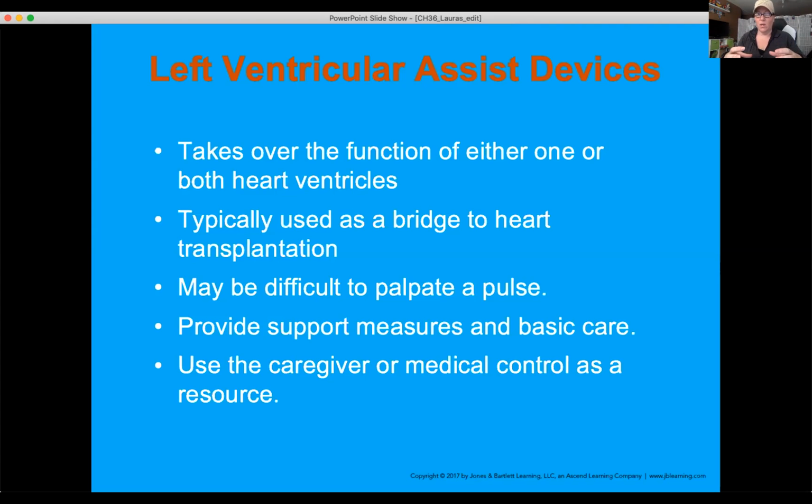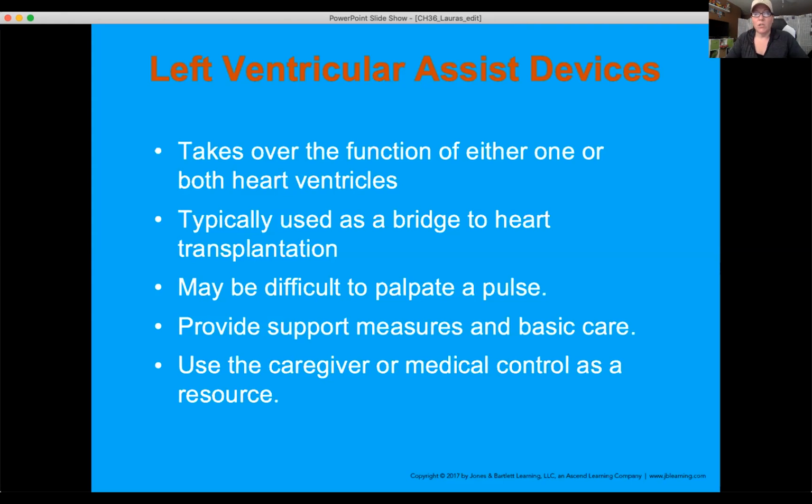First time I saw it, one of the guys rode his bike to the fire station to tell us that he had an LVAD at his house. And where I was at in Green Valley, they're really good about keeping track of what homes might have things. And he explained to us what it is. There's several different manufacturers for LVADs, and each one's slightly different. All of the LVADs have a number that you can call if the patient's in cardiac arrest or if something's going on with it.